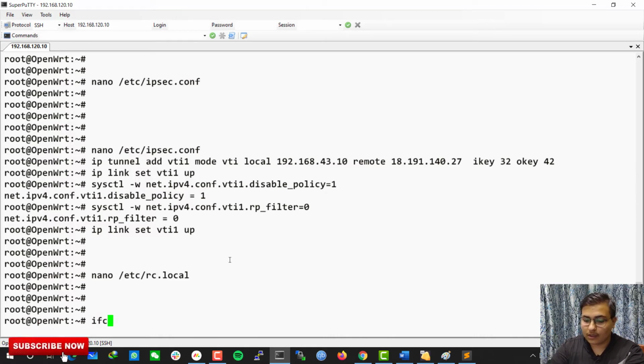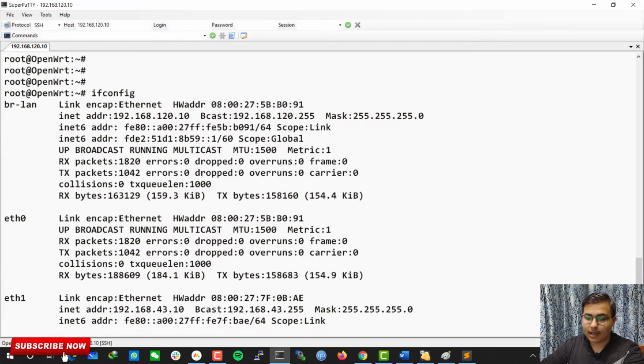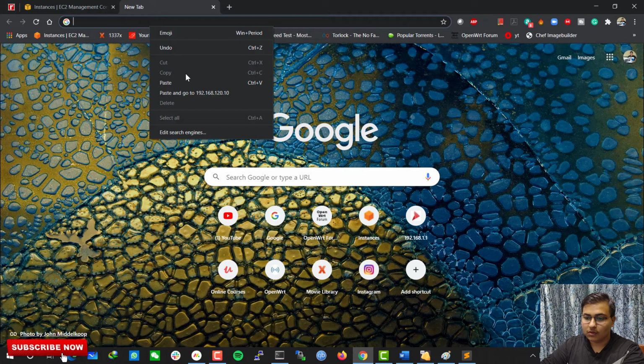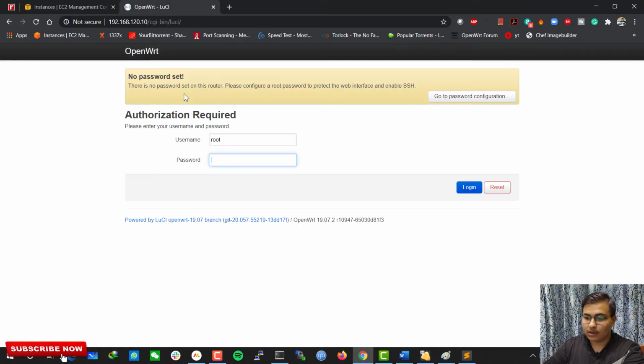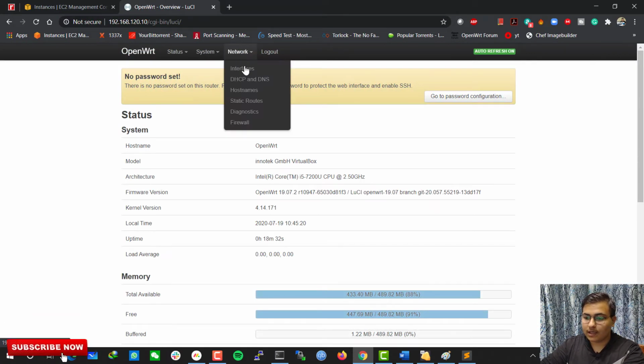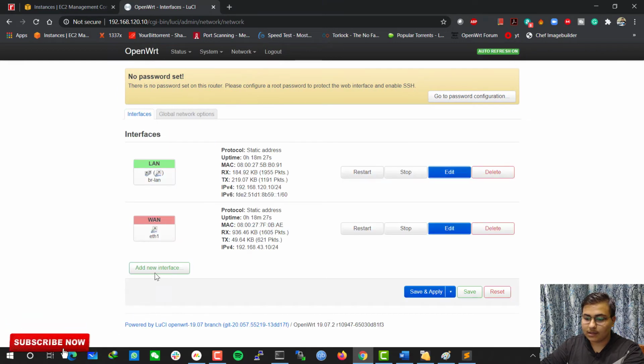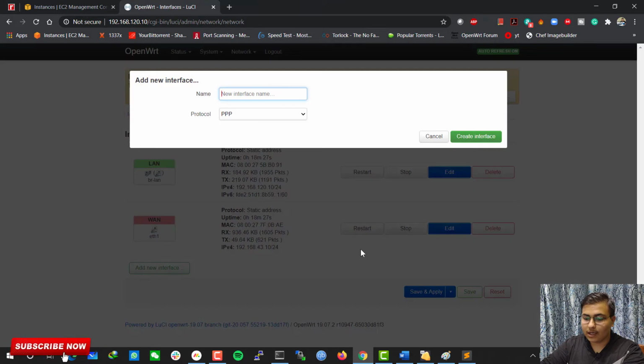For that I will open OpenWRT's GUI on this IP. In the network interface section just hit add new interface and give a name.